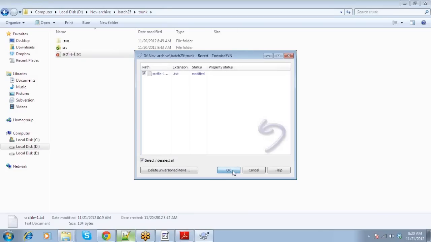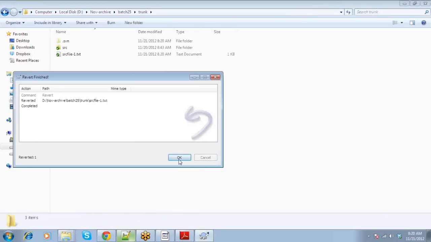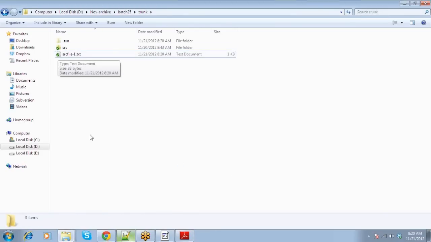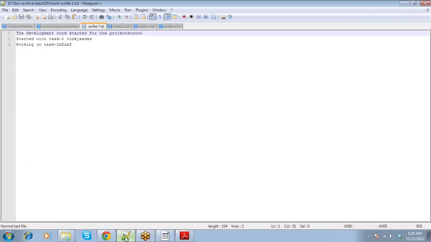Revert, okay. So the file is reverted. Now you can see the green symbol back. And now if you go here,